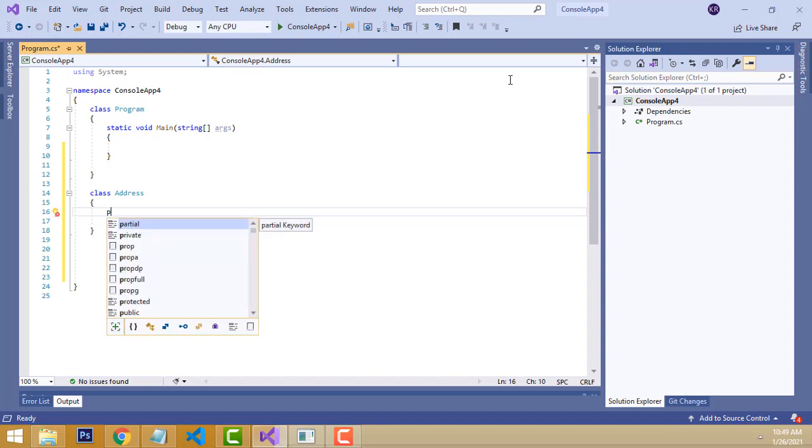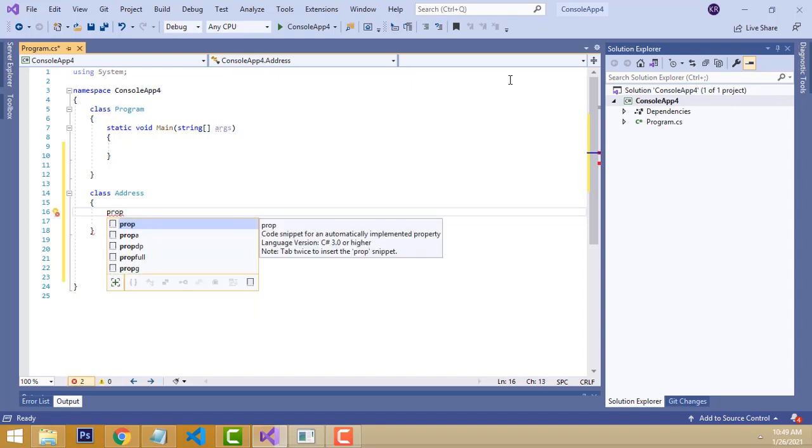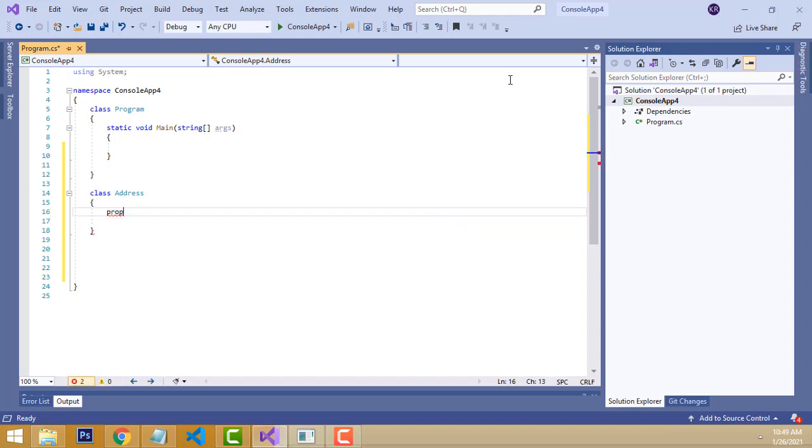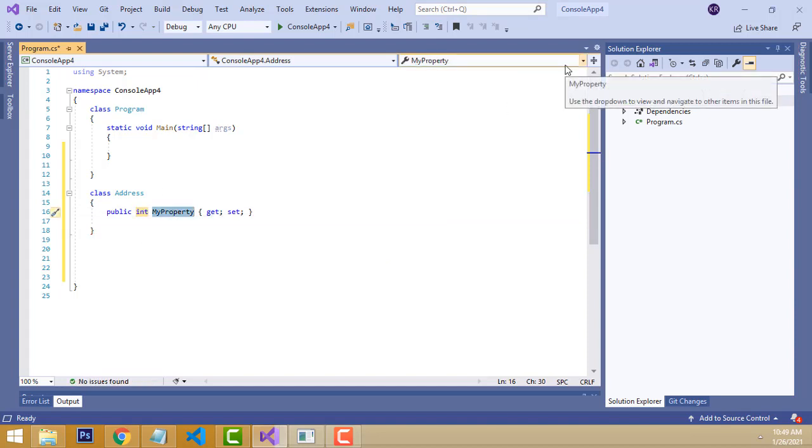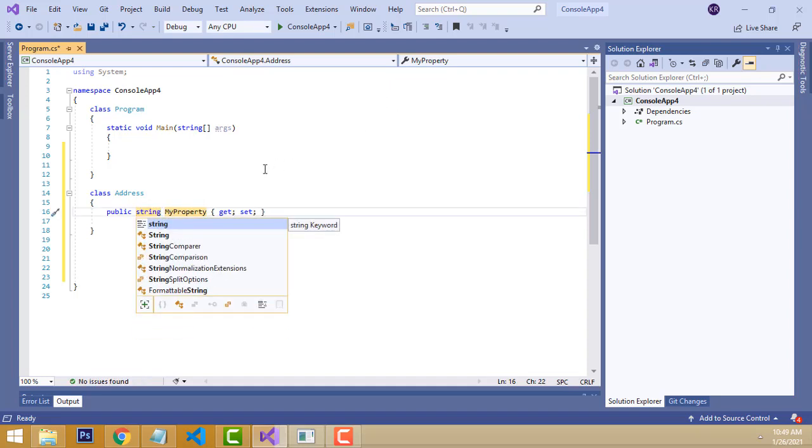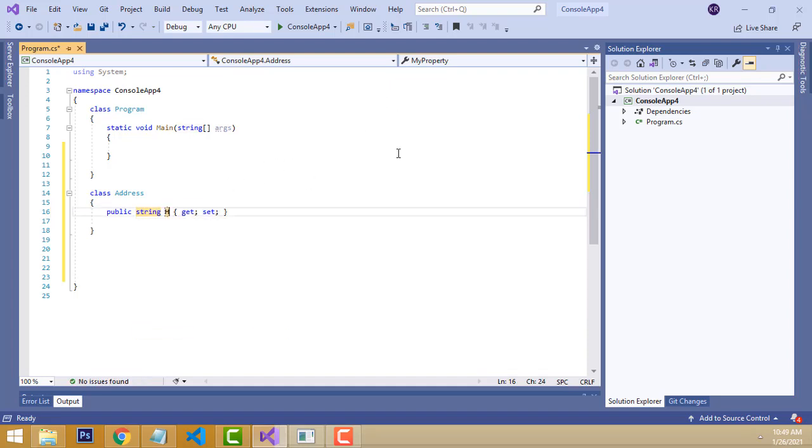We have to write prop and press the tab key two times, and you can get the properties like this. The first property is a string, house number, with the get and set methods.